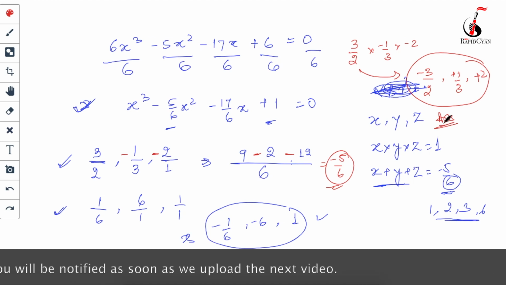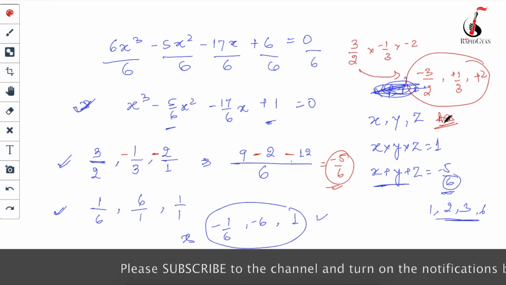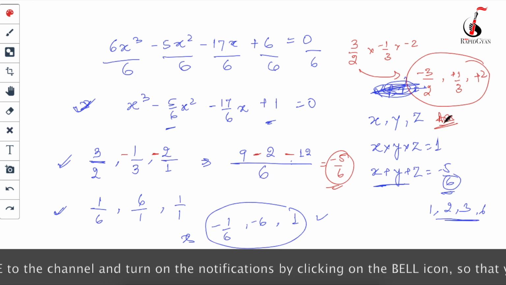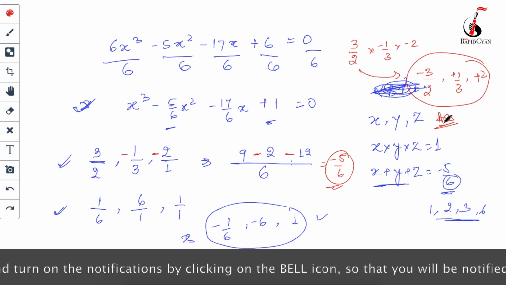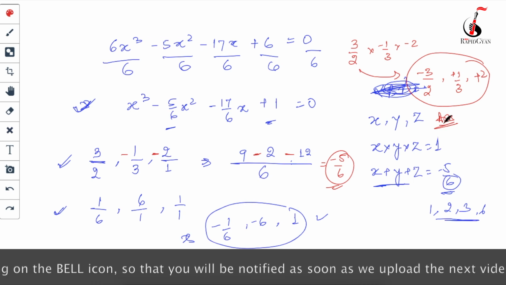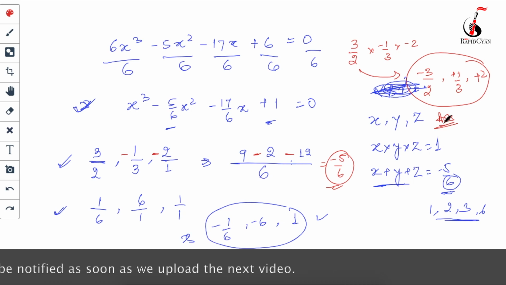One suggestion I would like to tell you guys: just looking at the video of 10 or 15 minutes is not going to help you. You will have to practice. Solve as many questions as you can find on the internet or in any reference books. Solve those questions, and only then will you become an expert. These kinds of questions you will be able to solve in just 5 or 10 seconds, but that will come if you continue doing your practice.